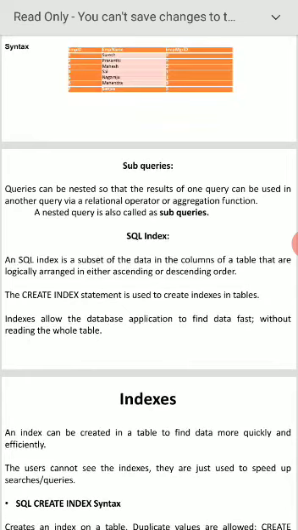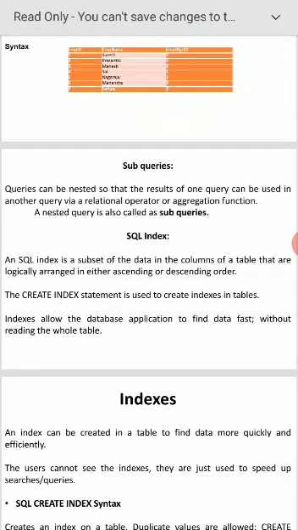You got the point: subquery, nested query. That means your queries can be nested so that the result of one query can be used in another query, where you have to use the relational operators and aggregation functions. In the previous session I explained aggregation functions, such as sum, uppercase, lowercase, max, min, and so on. Now let us see SQL indexes.